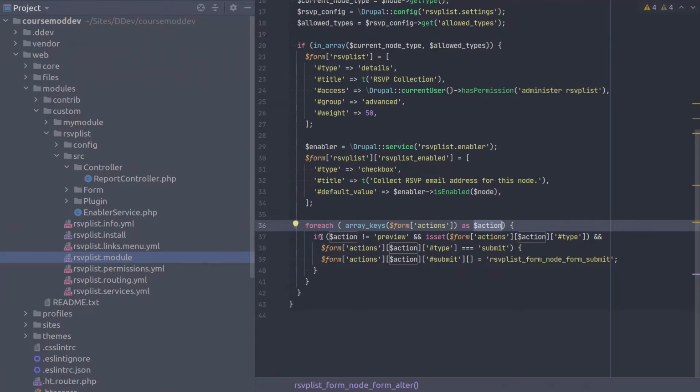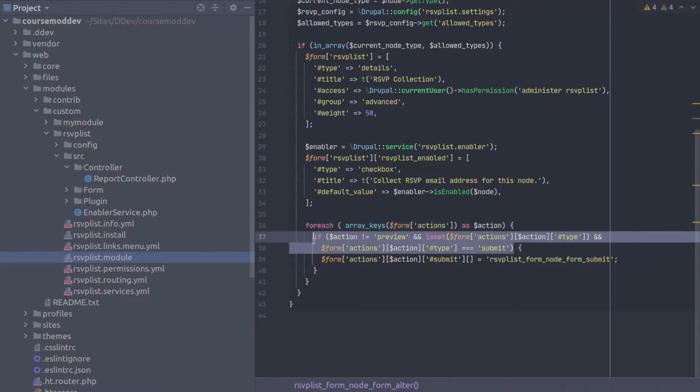Next, this if statement is seemingly complex, but it is straightforward if we break it down. First, we make sure that the action is not a preview action. And if it is not, then we check to see if the action has a type associated with it, meaning this form action's action type variable will be set if it does. Then finally, if both of those conditions are true, then we determine if the type of the action is of